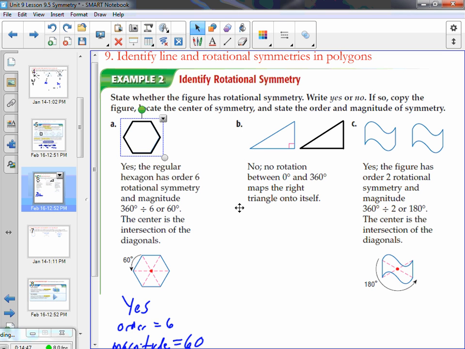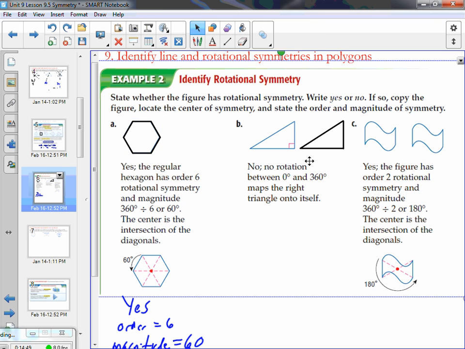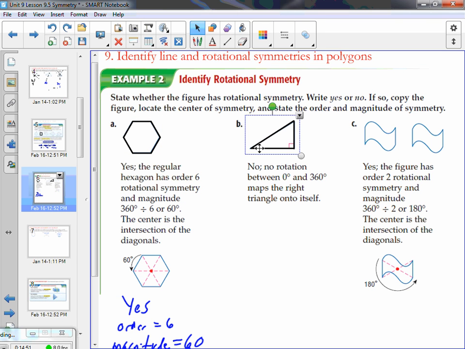So then let's look at B. Does this have rotational symmetry? Well, let's see. I'll move it right over here. Tell me when it looks exactly like it was when we started. Tell me when it's mapped onto itself. Yeah, not until we get back to where we started. So we do not say order 1, magnitude 360. Instead, we just say, no, it doesn't have rotational symmetry. Okay? And then C,